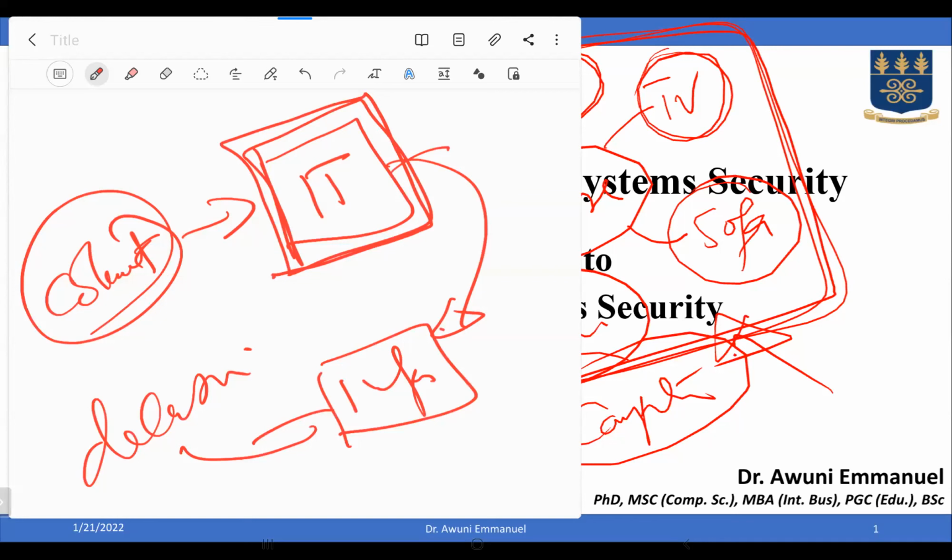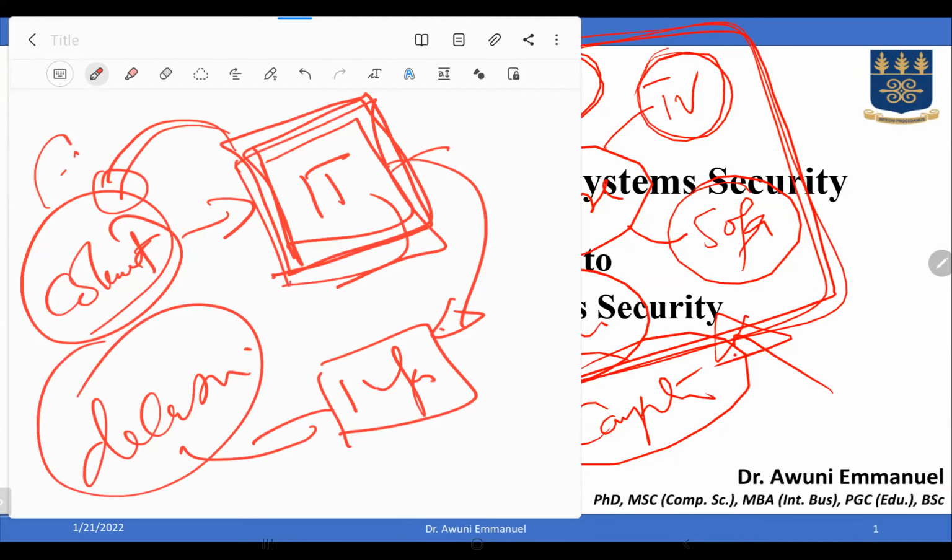Now, all I'm saying is, if let's say these devices, the information technology devices, you can take a laptop, for instance, or a tablet, those devices are all ways in which you can collect valuable data, process the data, and give the information. Now, these resources, which I call assets, have to be protected. That is why we are taking this particular course. So there should be a need that these particular devices, the IT devices, can be protected in order to give us information that we can use to make a decision.